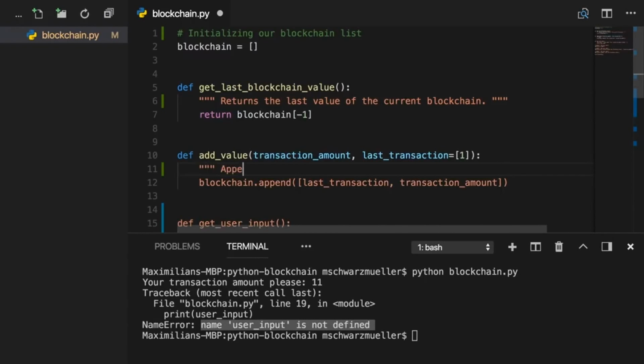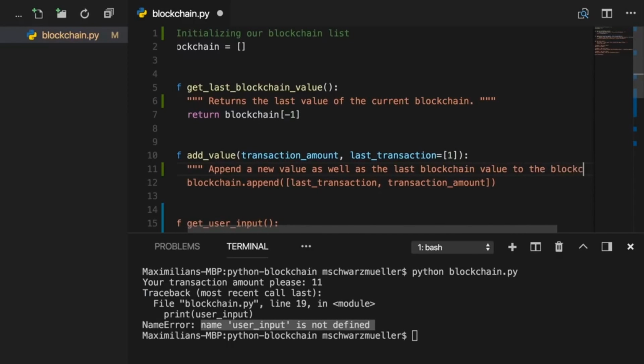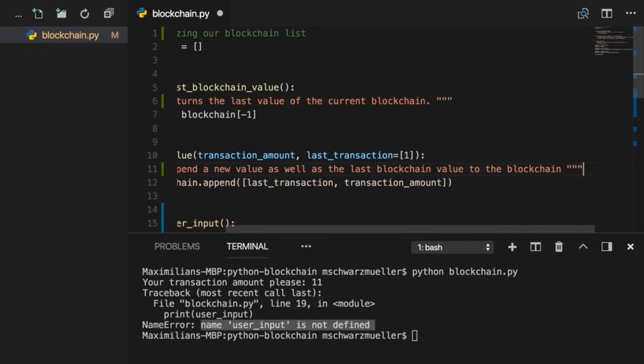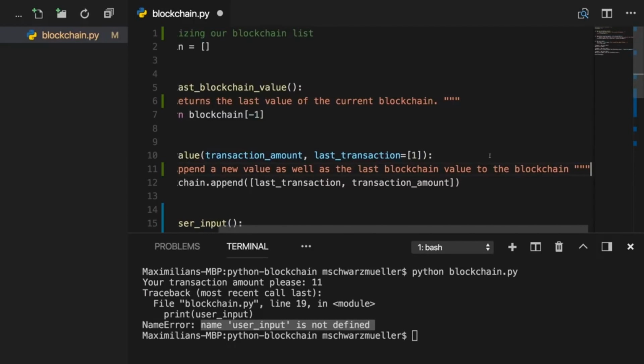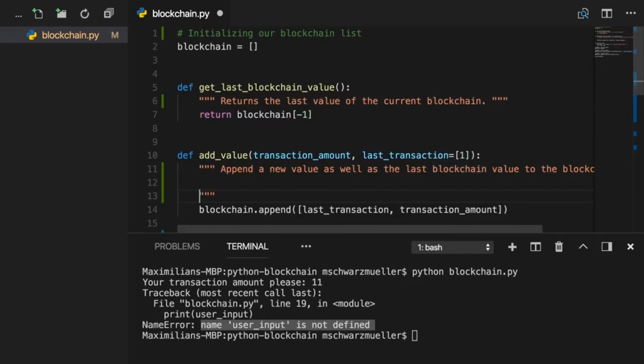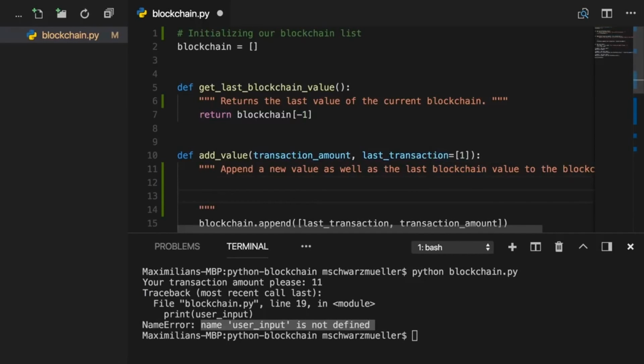Like here, append a new value as well as the last blockchain value to the blockchain. And doc strings are typically also written in a way that you have a first summary sentence, and if it's on a function like here, you then also should add something like arguments, and the exact style is up to you.